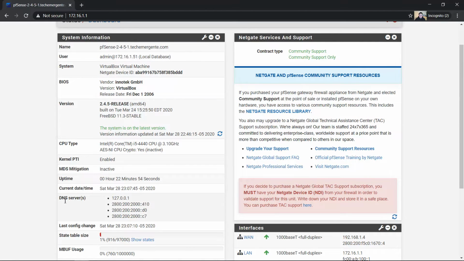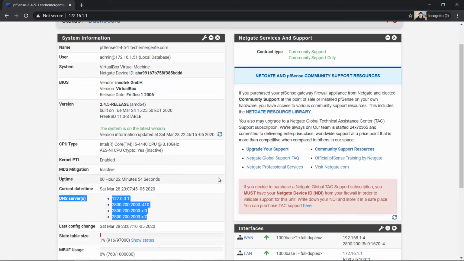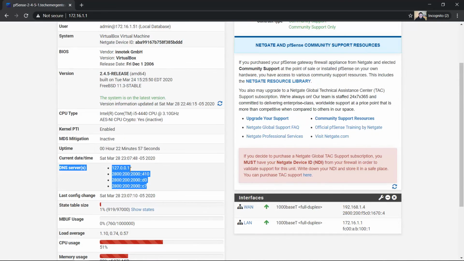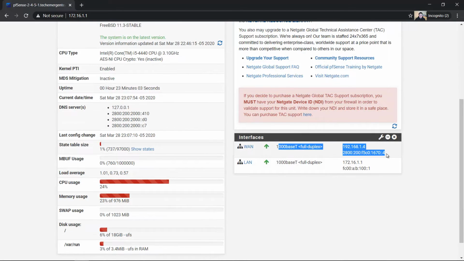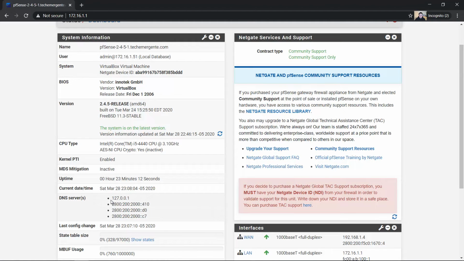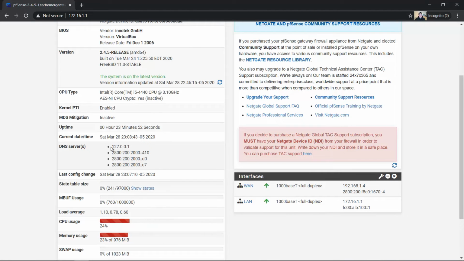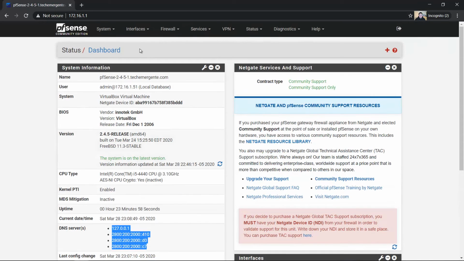Look at here the DNS servers. You can configure the DNS servers. Look at the IPv4 and IPv6 configurations on one interface and LAN interface. So I said that I will configure DNS servers later. And go to